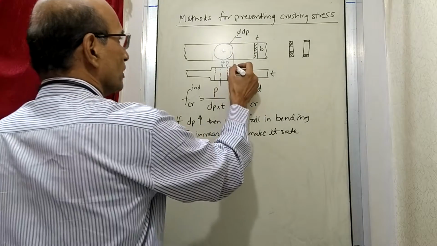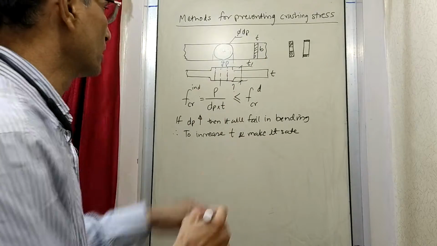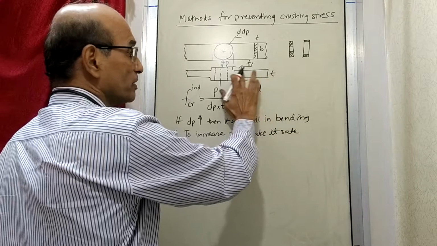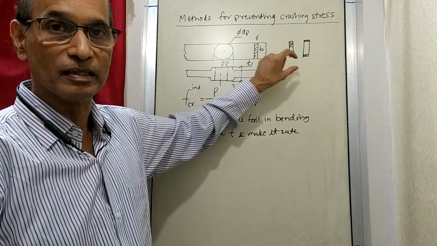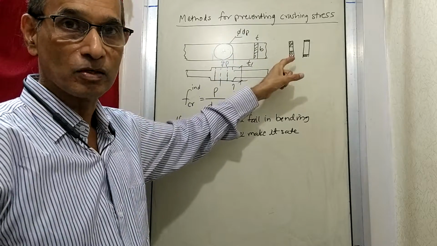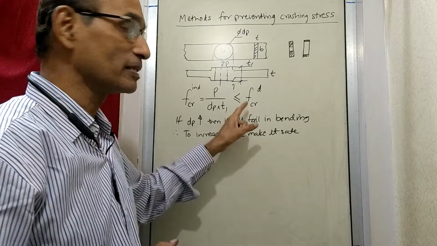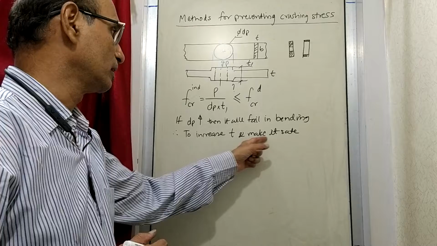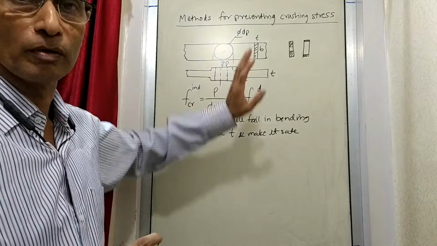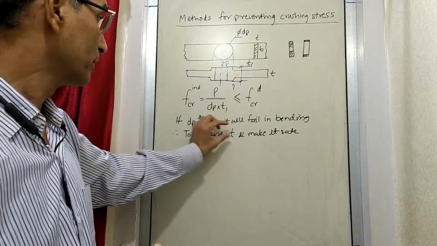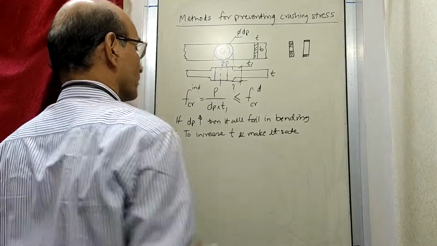So the thickness is increased indeed, like this. This is T1. So you wanted to increase the thickness, so that is increased to T1, but the rest of the place is still kept the same as before, so that there is no unnecessary increase in the thickness in the rest of the place. Only where required you have provided more surface, so that the crushing stress has come within the limit. So to increase the T is a solution to make the joint safe for bearing stresses. So the method for preventing the crushing stress is by increasing the thickness like this, which you can see at certain places like this.